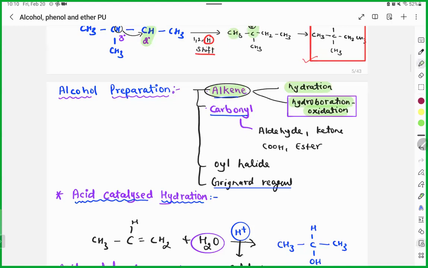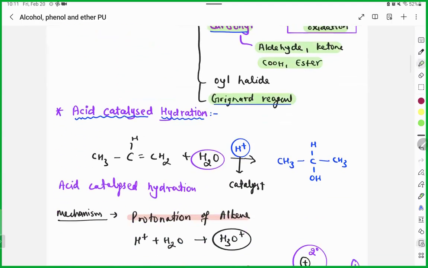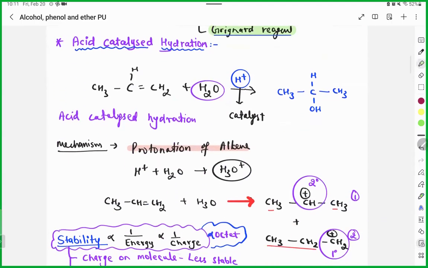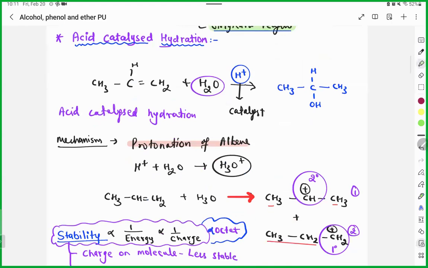Second, you have carbonyl, where aldehyde, ketone, ester, carboxylic acid, these can produce alcohol. Example, aldehyde or ketone after reduction can produce alcohol. And one Grignard reagent, this is also given in the NCERT. One of the most popular reaction mechanisms is also given in the NCERT, and mechanism is important for your board